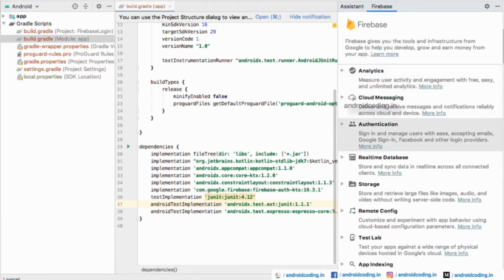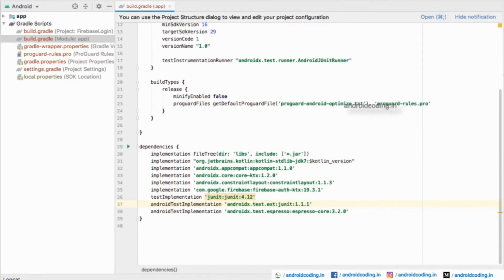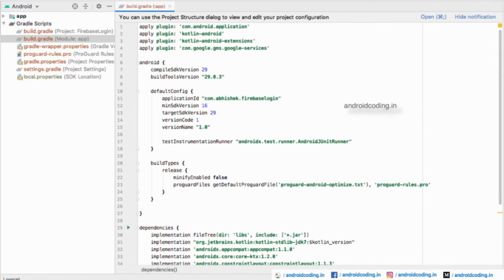Currently we are dealing with authentication, nothing but making a user login. Whenever you are creating any application, you may want to implement a user login. If you don't have your own server, and if you want to maintain a global login, for example with the help of Google, the user can log in with user credentials, and they will be maintained in global data, not in your personal app data or anywhere else. There will be storage available in Firebase for holding this kind of data. We will be seeing that in further tutorials.